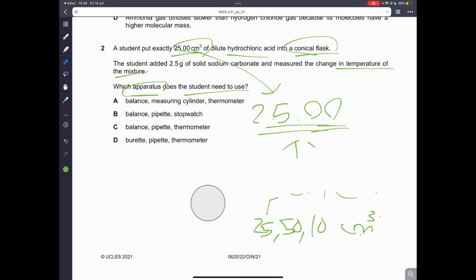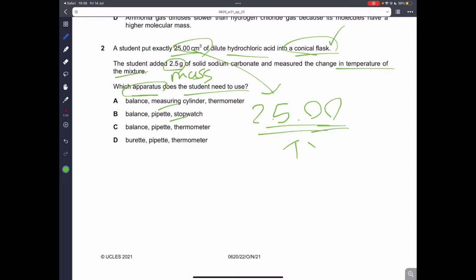So we know pipette is definitely one of the apparatus. Now we know that there's a conical flask already, and then the student added 2.5 grams. Now this is showing mass, and how do you measure a mass? Then you use a balance, of course. So you use a balance, so balance, pipette,